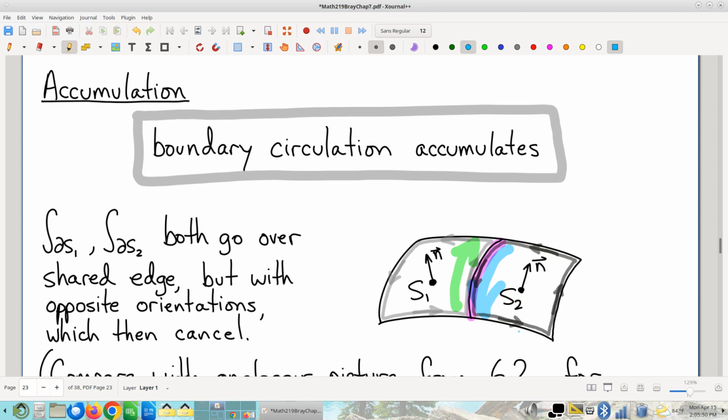And yes, this is kind of just a three-dimensional version of that, where we imagine a surface instead of just a two-dimensional region. We imagine maybe lifting that up into space. But it's still a two-dimensional thing with a one-dimensional curve, and boundary circulation is our accumulating quantity. And it's really, really similar. Okay. All right. So, accumulating quantity.